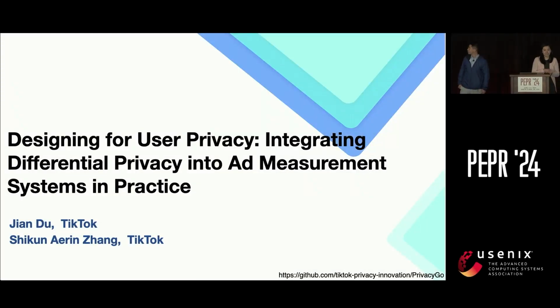I am Shikun, you can call me Aaron. I am a research scientist at TikTok's Privacy Innovation Lab. I gave a talk in substitution of Jian last year, PEP fusion and how it could be used for advertising system. And today I'm going to talk about designing for user privacy, integrating differential privacy into ad measurement systems in